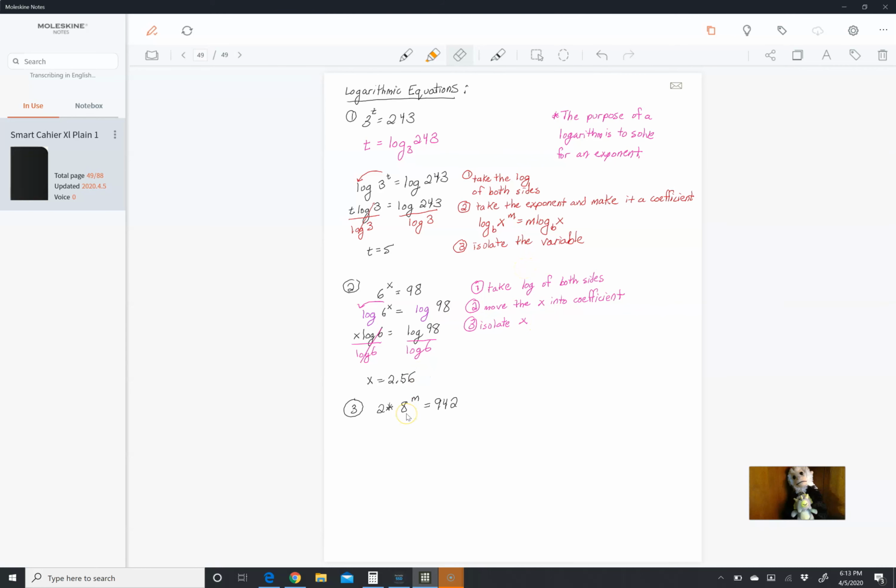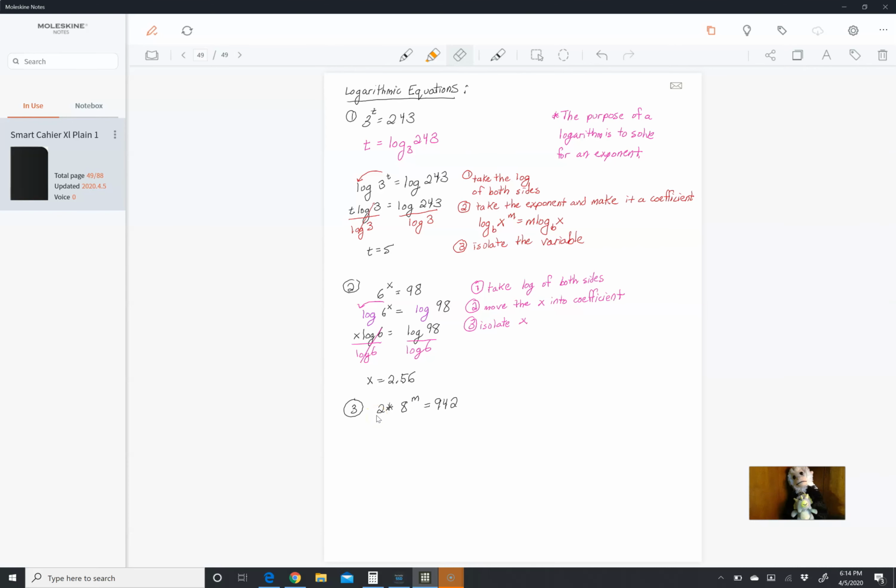We have to isolate the exponential function, okay? So we have to isolate the 8 to the m in order to take the log of both sides. And the reason for that is if we took the log of both sides here, we can't move the m out to the front. And the reason why we can't move the m out to the front is it only applies to the 8. Okay, so I'll put a little note in here that says that we would have to first separate the